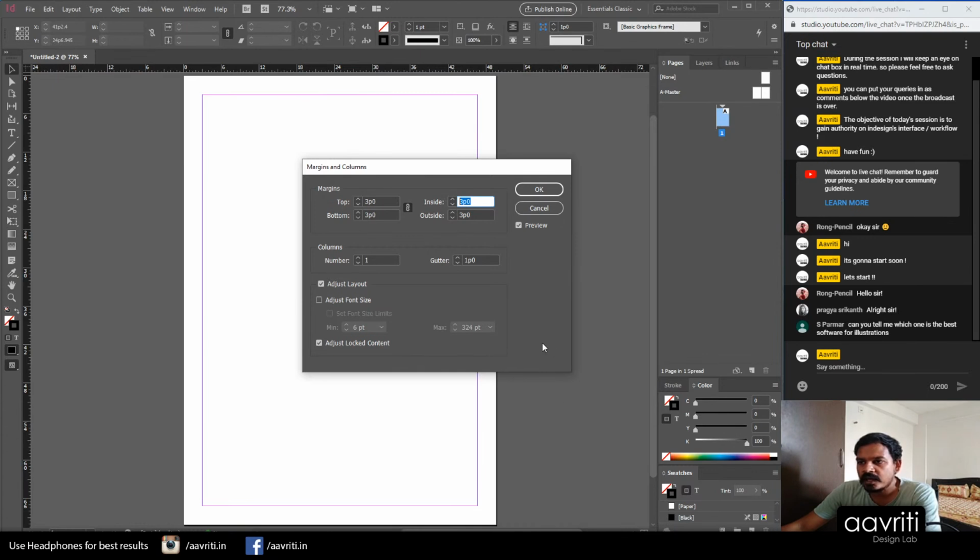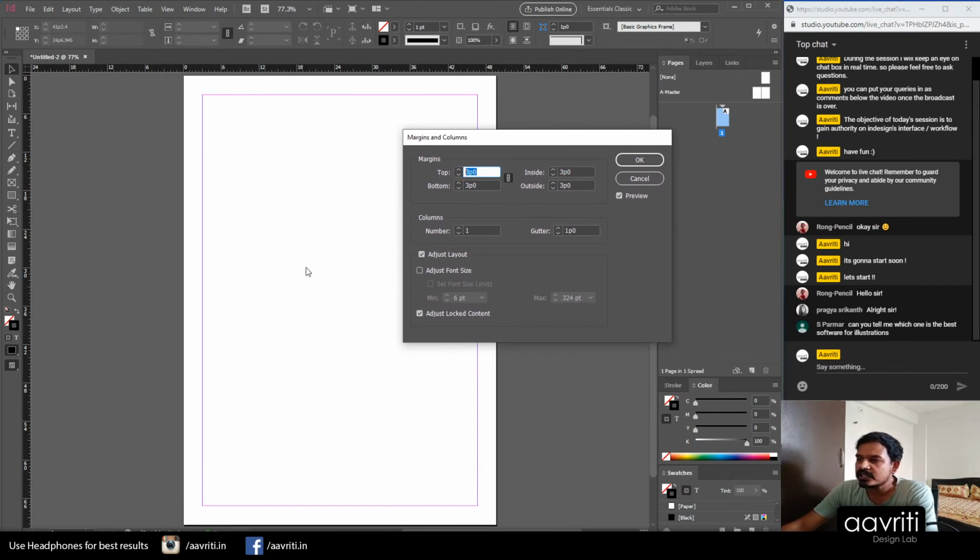The way InDesign puts all the pages inside the work area is it treats the entire flow as if the book is there and all the pages are taken out from the book and then laid in front of you. So we will see when we create multiple documents, okay, multiple pages, I'm sorry. So then